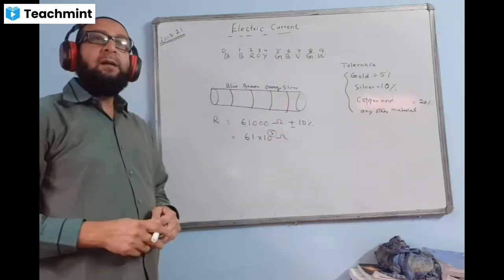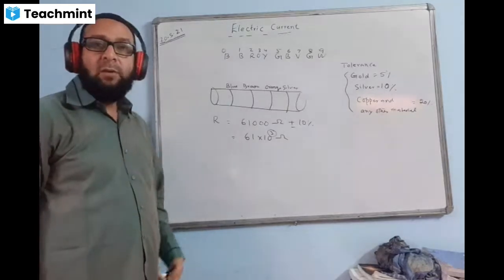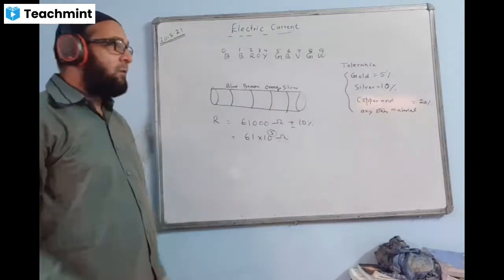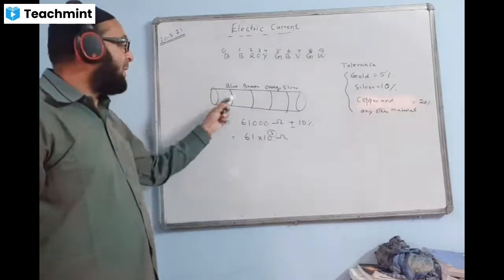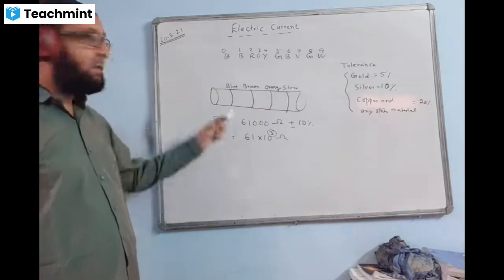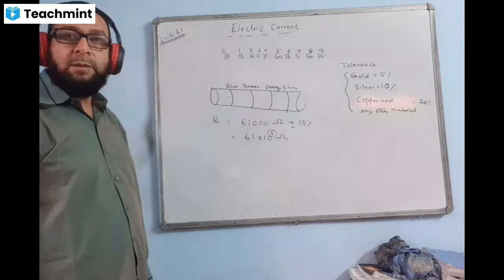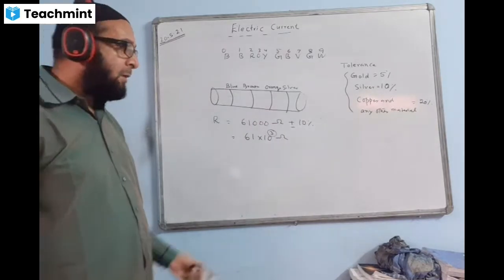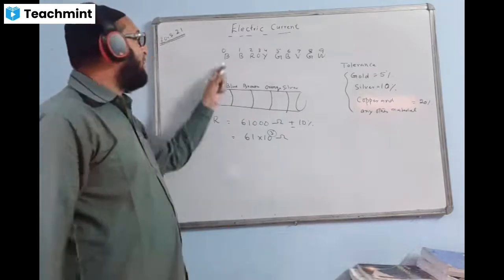So it may happen that the resistance value R is given, and they may ask you to draw the diagram and show the color bands in that carbon resistor. This is how I will show the color bands in the carbon resistor. Hope you understood it. This was easy only, but you have to remember the sentence.